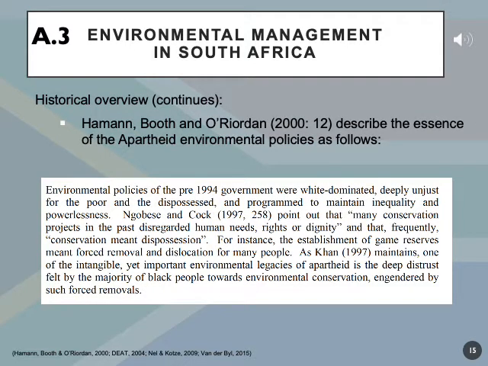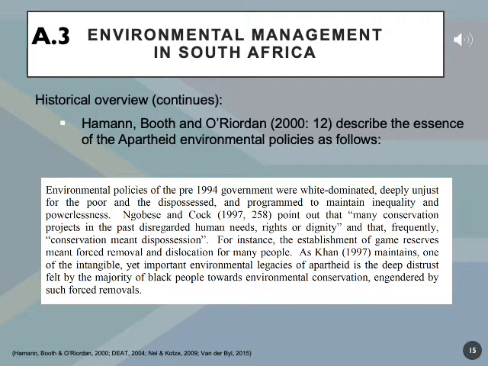Hammond, Booth, and O'Royden described the essence of the apartheid environmental policies as follows, and I quote: "Environmental policies of the pre-1994 government were white-dominated, deeply unjust for the poor and the dispossessed, and programmed to maintain inequality and powerlessness." Ngobise and Kok